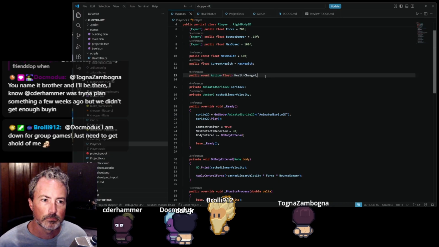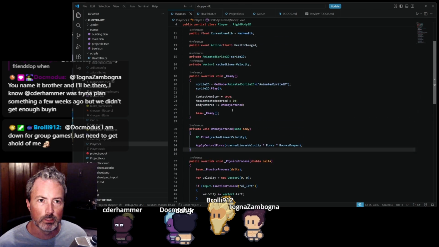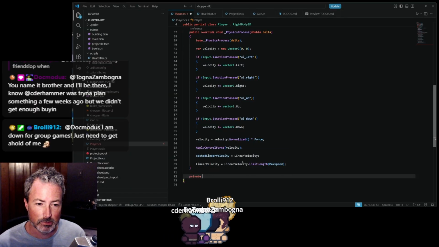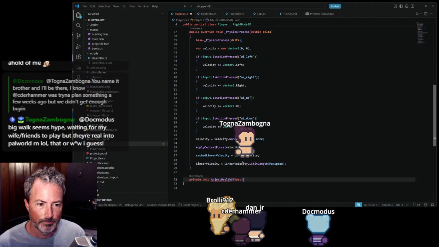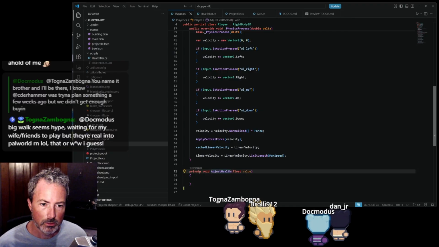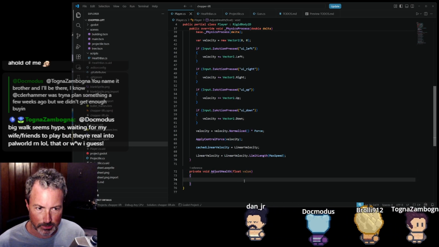So what we want to do is say we need another player method. We'll keep it private, I guess, for now. Say private void adjust health. Then it'll be a float and a value. Float value. And then what we're going to do here is we're going to adjust the health by whatever the value we're getting here. We're going to say